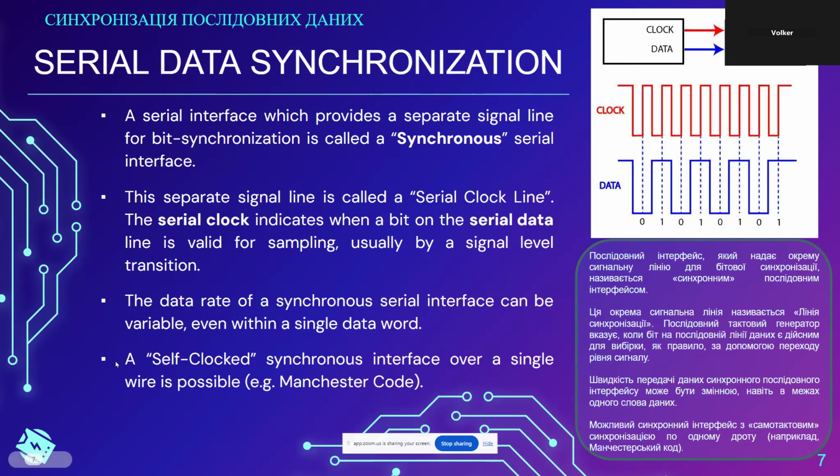This is a little bit of a sidetrack here. I'm mentioning the Manchester code: a self-clocked synchronous interface over a single wire is possible. The Manchester code is often used as a classic example for a self-clocked signal. It is more interesting here for a different reason. The Manchester code is an encoding scheme that makes it possible to transfer large amounts of data that has the same polarity. For example, you're trying to transfer 10,000 ones. And the